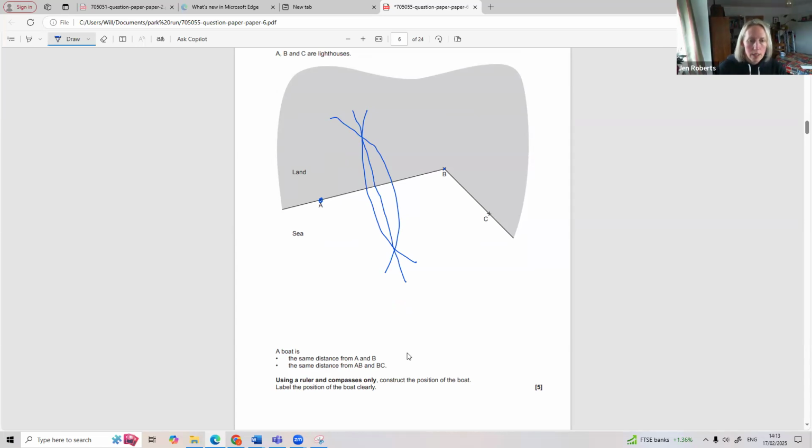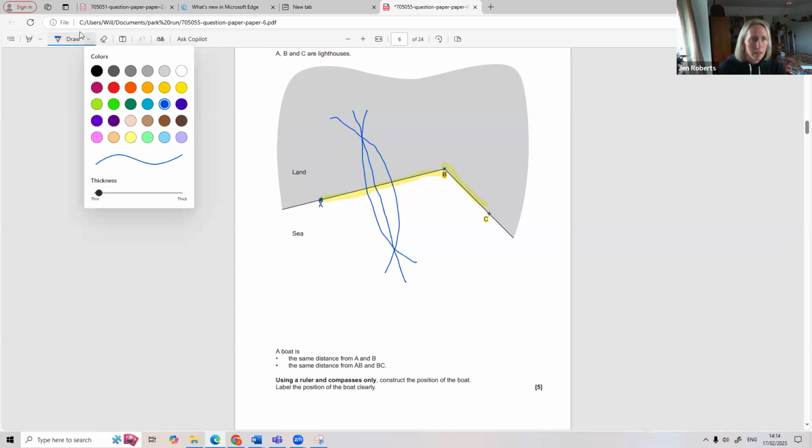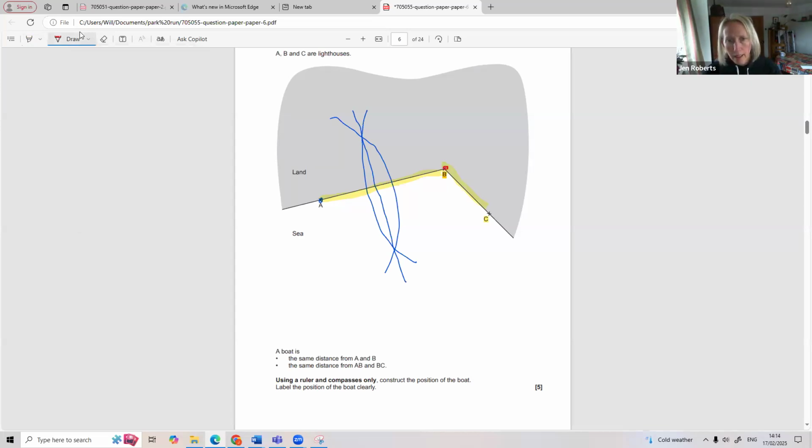Okay, we also want this boat is the same distance from AB and BC. So it's the same distance from this line and this line. So what they're really asking you for here is the angle bisector, because it's something that's the same distance between 2 lines. So this time, what I'd like you to do is open up your compass. Doesn't matter how far you open it, really, as long as you don't change it once you've opened it. Put your compass point in B, because that's the point that's in both of those lines, and make an arc